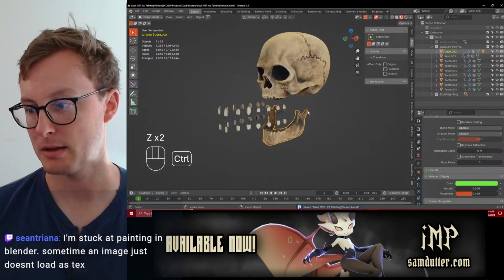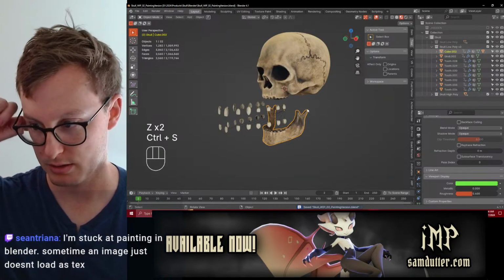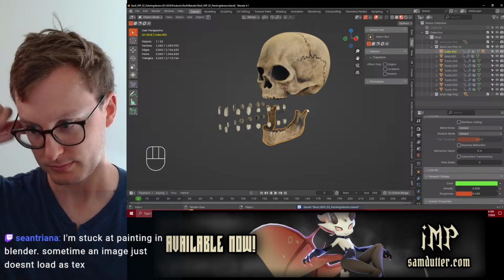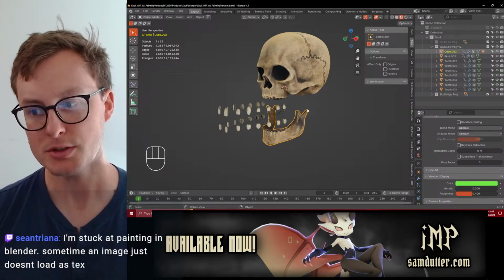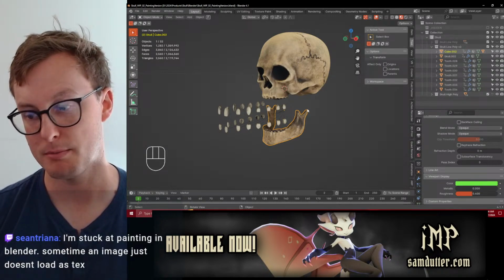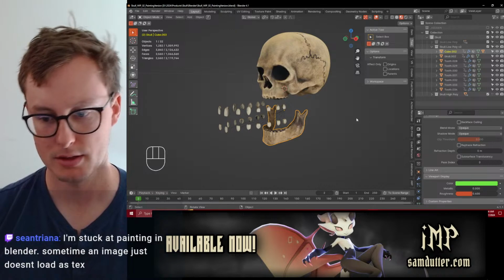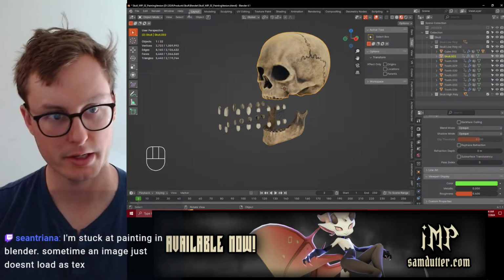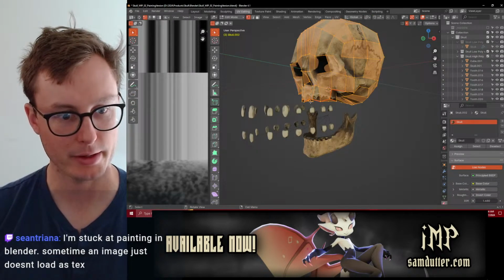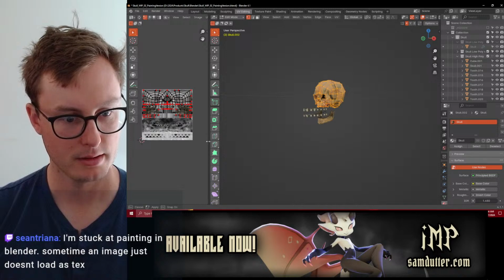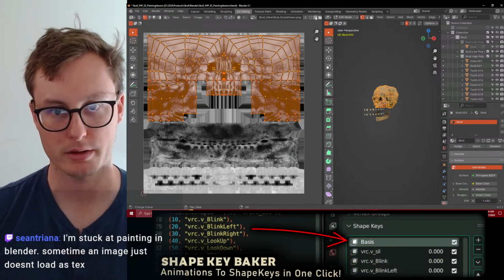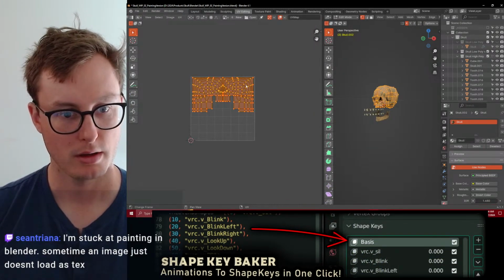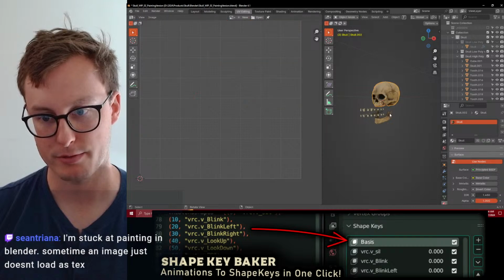I'm stuck at painting in Blender. Sometimes an image just doesn't load as a texture. That most likely means that your UV maps are different than you expect. So for this skull here, if I go to UV editing, let me remove the texture. I have my UV map for the objects here.